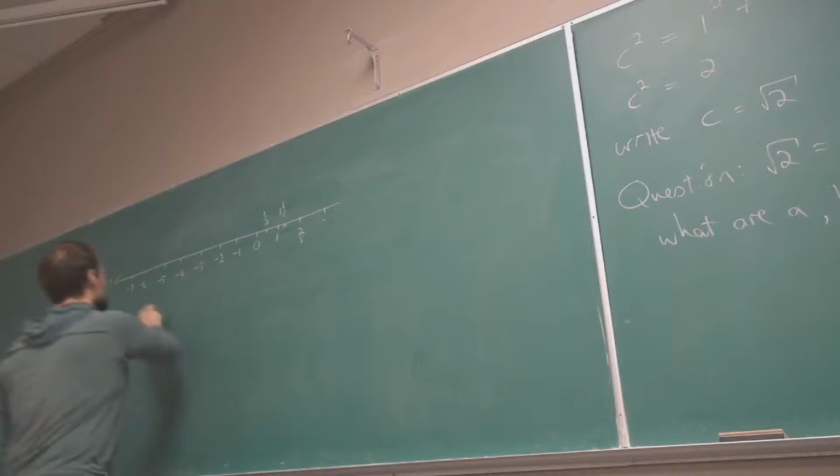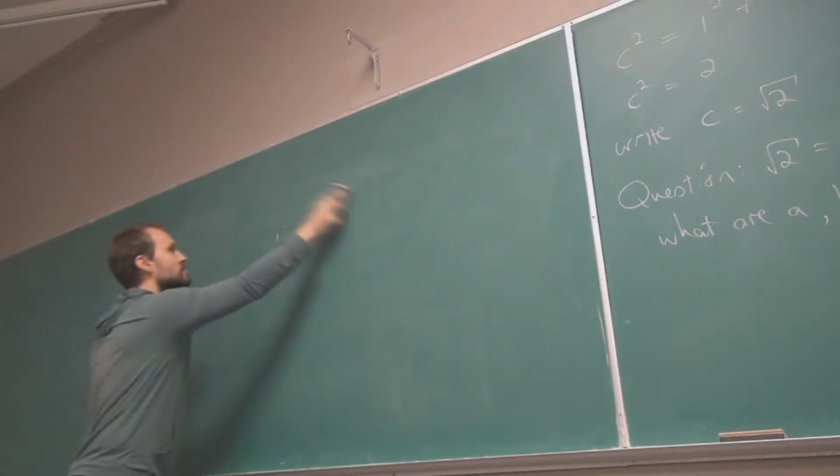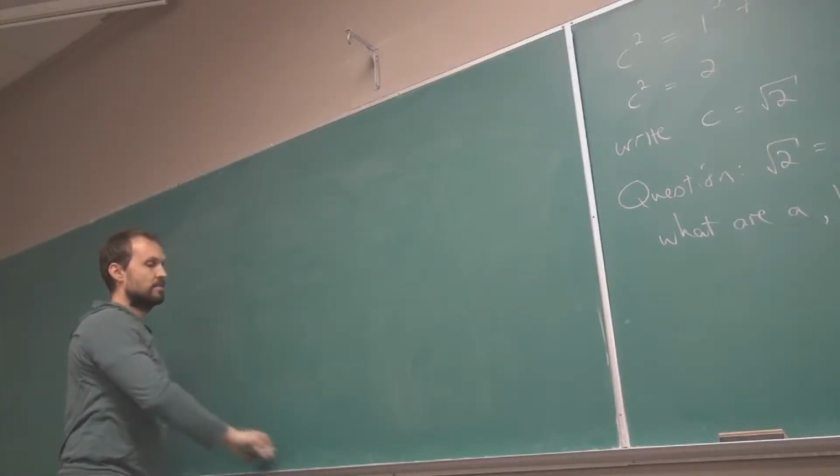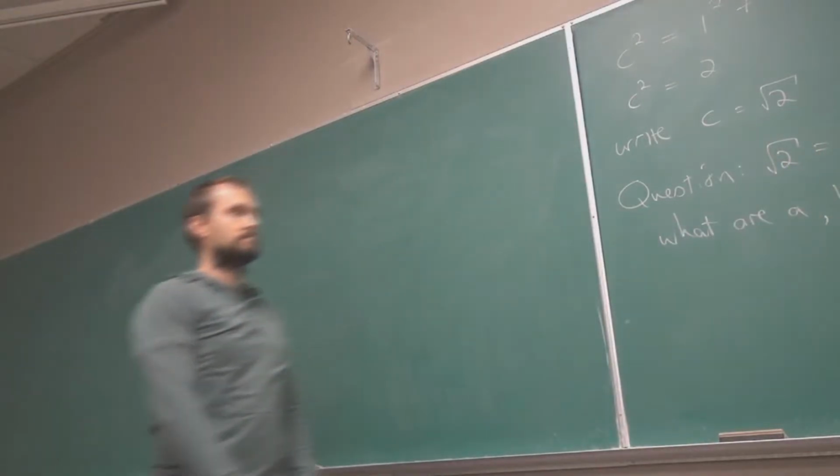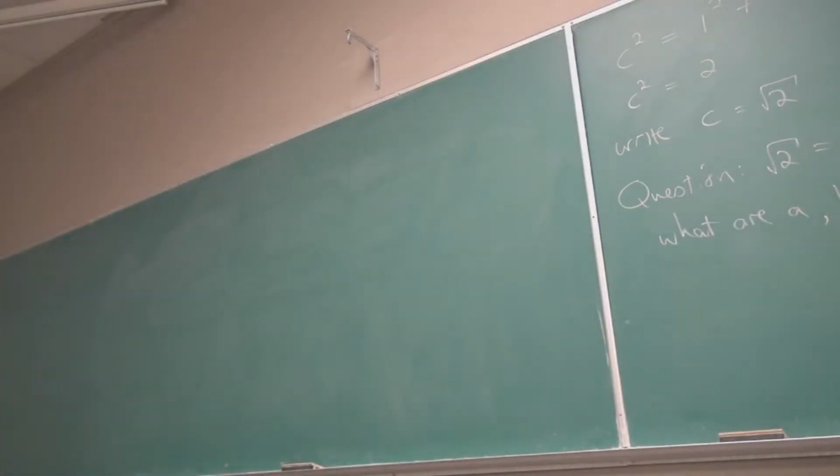But try as they might, they couldn't exactly find the a and the b that would make this exactly equal. What is the fraction that represents that? Until someone by the name of Hippasus, who was a student, part of the Pythagoras school, he came up with